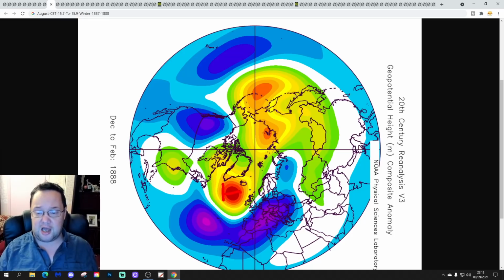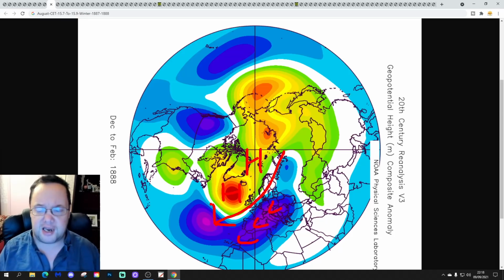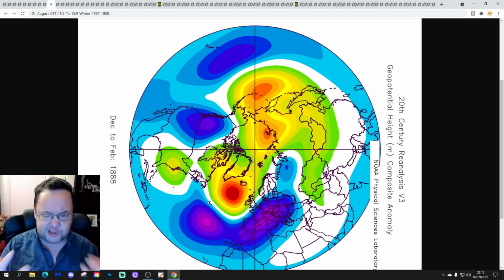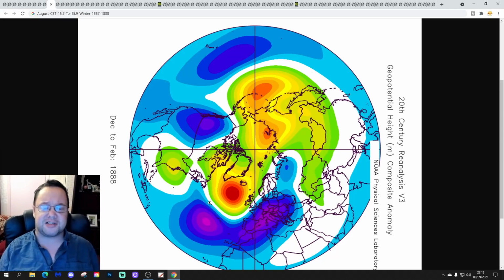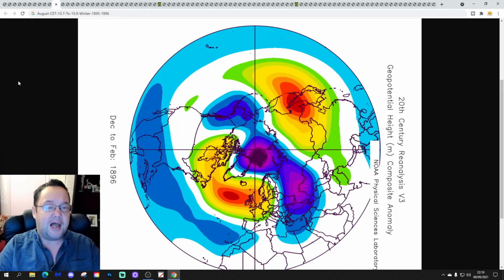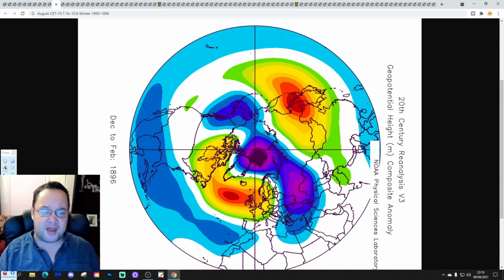This one has a mid-Atlantic ridge extending back to northern blocking, with below average heights to our south and east. And again, in come those winds from an east or northeasterly direction. Pretty cold and wintry, especially cold later in December around Christmas and New Year of 1887, 1888. Very bitter easterlies around that point. Then we've got winter of 1895, 1896.